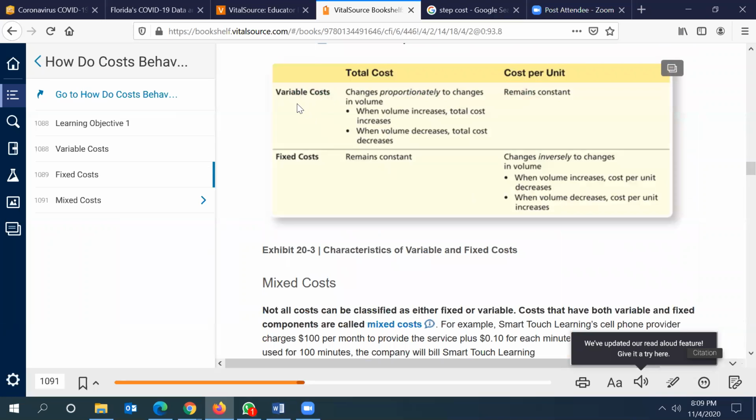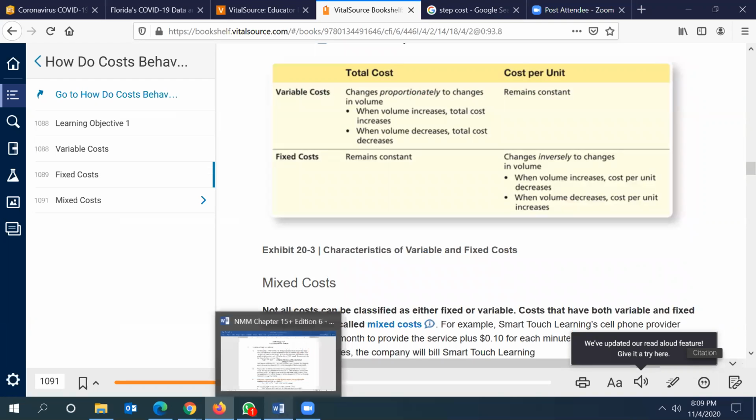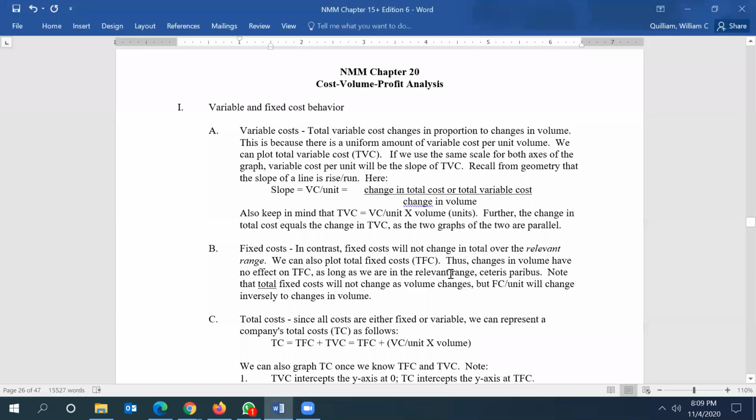Let me just come down to something for a second. And if we look here at this little table on page 1091, with variable cost, we're reminded that total variable cost changes proportionally to changes in volume. So when volume increases, total cost increases. Excuse me. When volume decreases, total variable cost decreases too. But variable cost per unit remains constant or uniform. Now, coming back here,